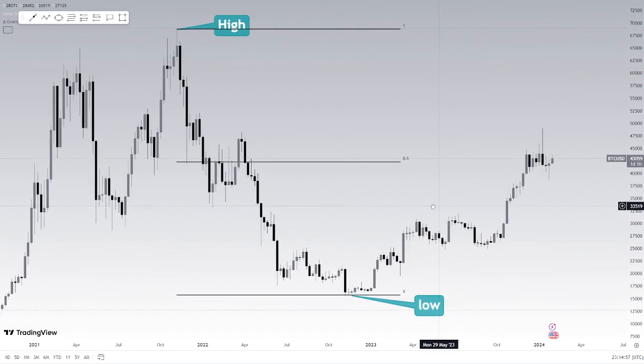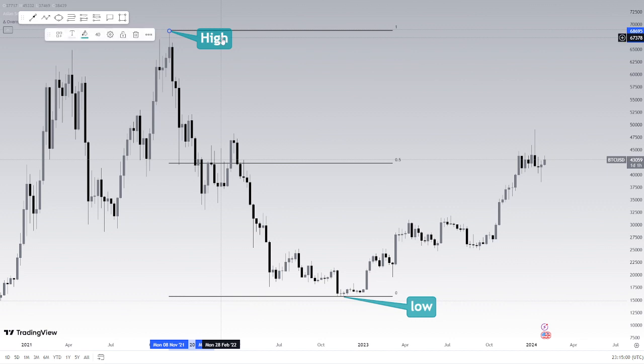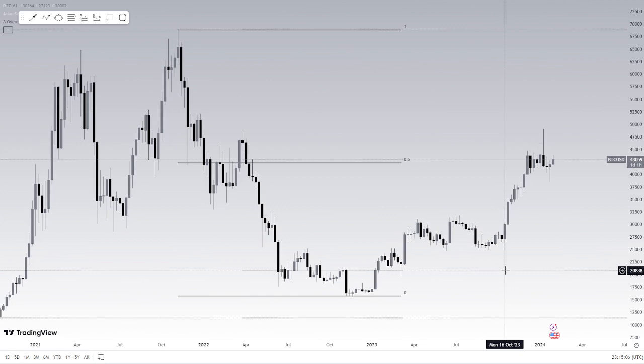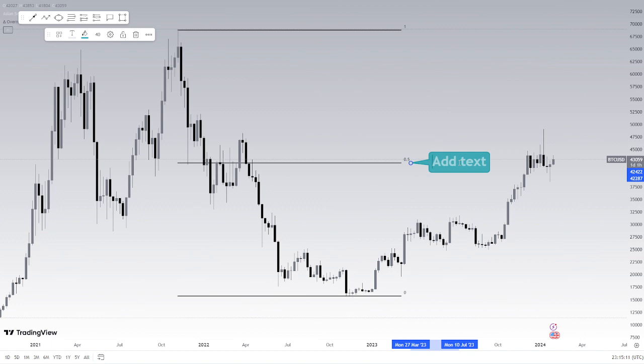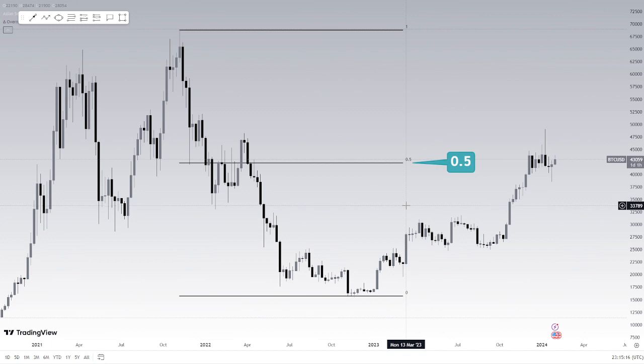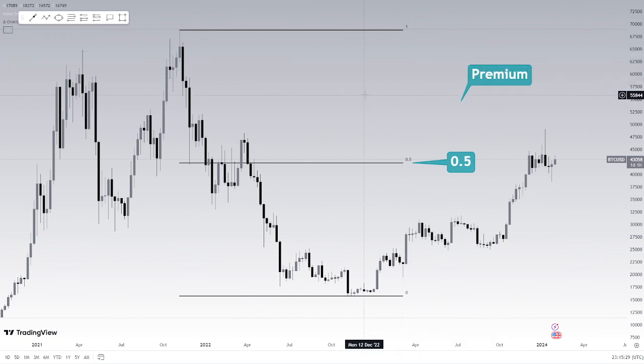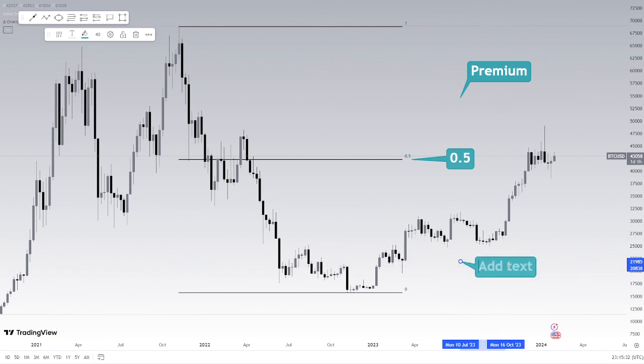So let's zoom in price and have a look. We have our high over here, and we have our low over here, delineated by our structure. Now, our next thing we want to look at is our premium and discount arrays. The 0.5 level represents the equilibrium. So this is the 0.5 level. Now, the 0.5 level is simply halfway between the high and the low. Above that, we should understand intuitively that it's going to be the premium range. We are in a premium range above the 0.5 level. So if I label that premium, just so people can see that on the charts, and we're going to have, of course, our discount, which is below the 0.5 level.